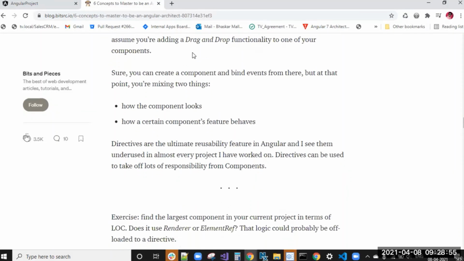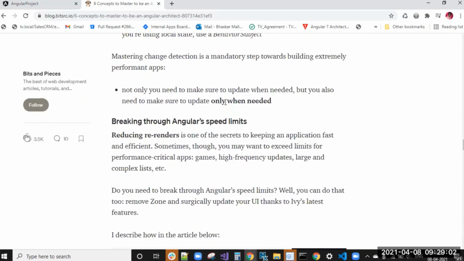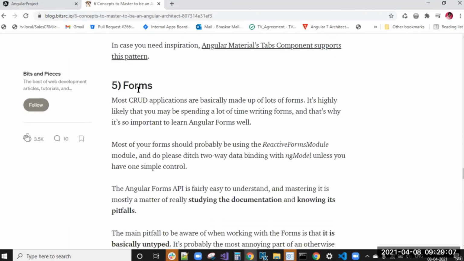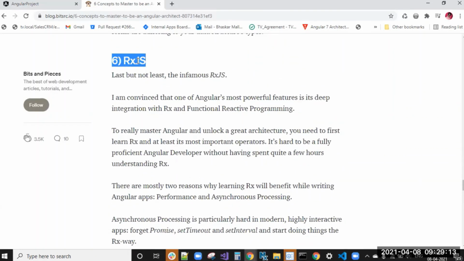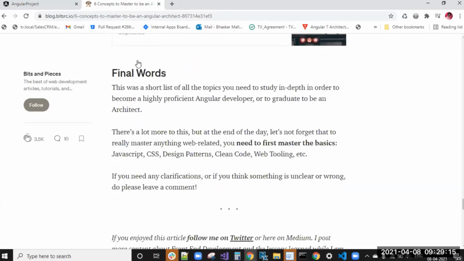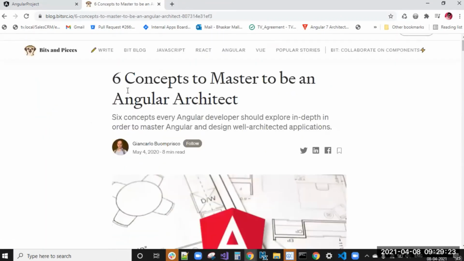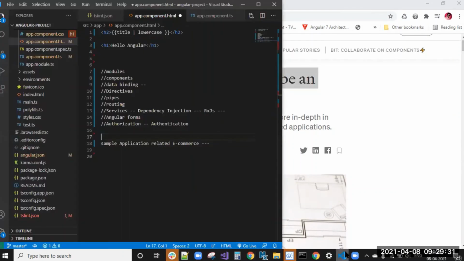DOM manipulation. Change detection and rendering means the component life cycle we will get. Routing, forms, Angular forms, RxJS. I told you in services also we will learn about RxJS. That's it, guys. If you learn all these concepts, you are the master in the six concepts to be an Angular architect. So these are the important concepts we are going to cover in future, guys.